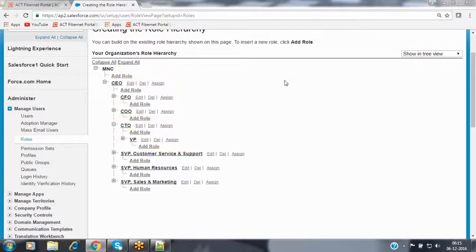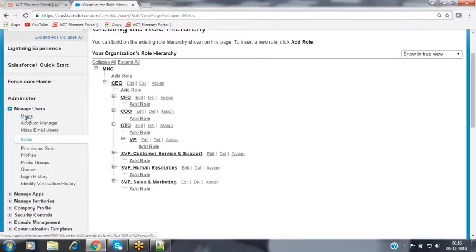Now then, how can we assign these roles to the users here? Whenever you are assigning roles to users, we have two ways available. During the creation of a user, we have a field called role, which you can assign to that user. For each and every user, we can assign the role separately. So here we have two ways to assign that role. The first way is, upon creating the user record itself, we can select the role which you want to assign to that user.